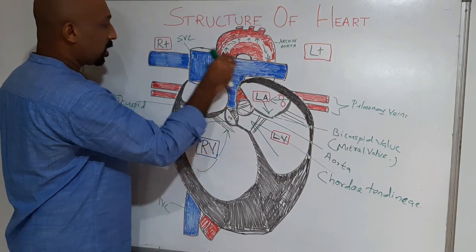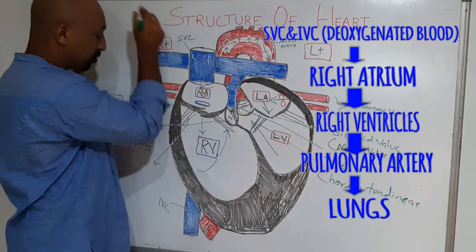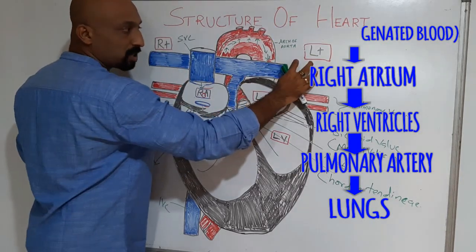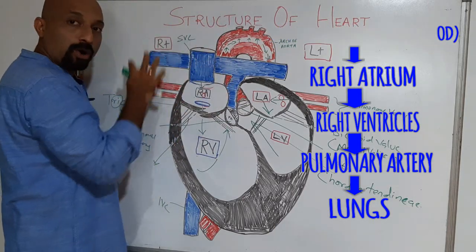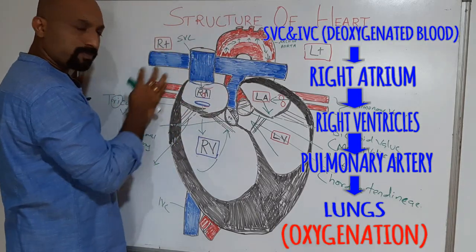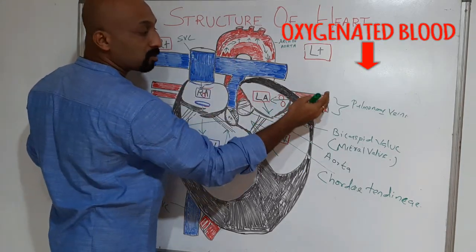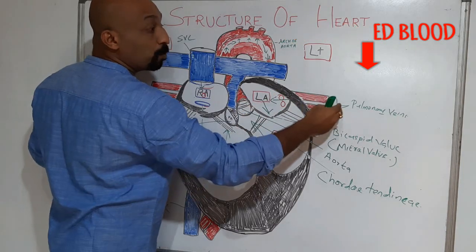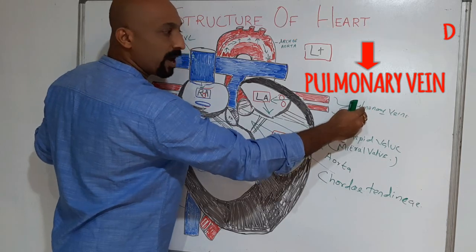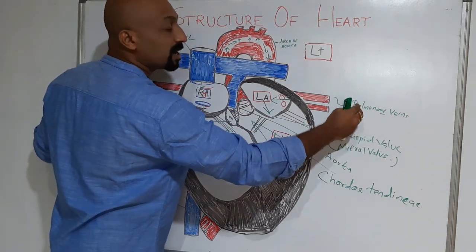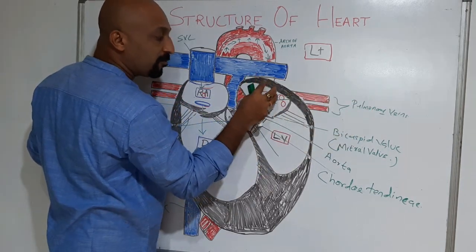Through the pulmonary artery, the two end structures go to the two sides of the lungs. It ends in the lungs. The main function of the lungs is to purify the blood, so that the deoxygenated blood becomes oxygenated blood by the process of diffusion. From the lungs, it comes to the left side of the heart through the pulmonary vein. The pulmonary vein is the only vein which carries oxygenated blood in the human body, and it reaches the left atrium.